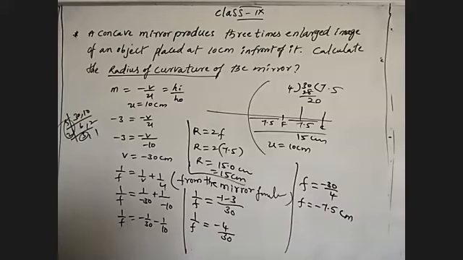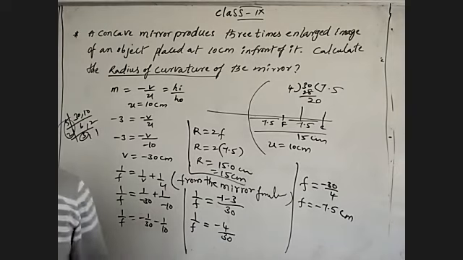By that we can find the radius of curvature by using magnification also. Understand? They said 3 times enlarged image. That's why I took magnification as negative. Because it is 3 times enlarged, it should form the image beyond the center of curvature. This is a problem to understand. Then we'll discuss one more problem.